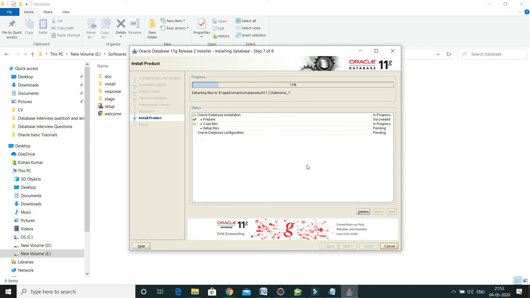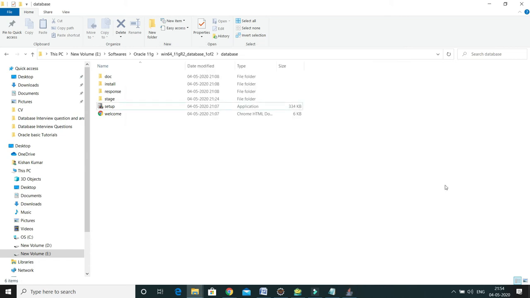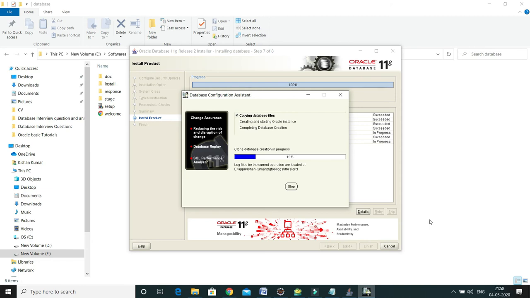Now the database is going to be created and start the Oracle instance.